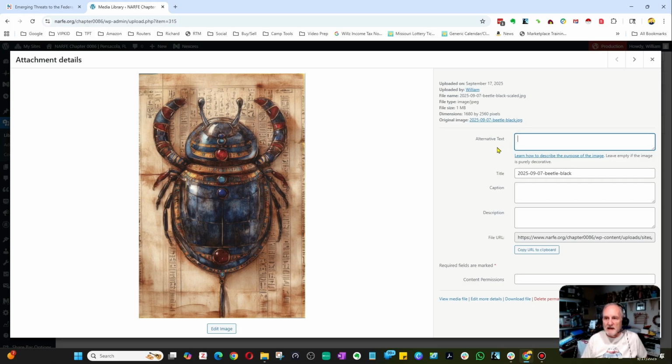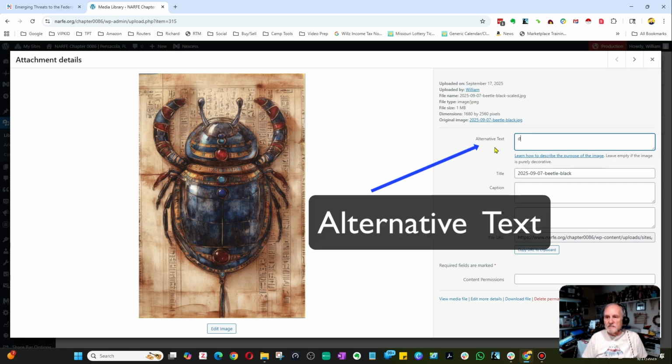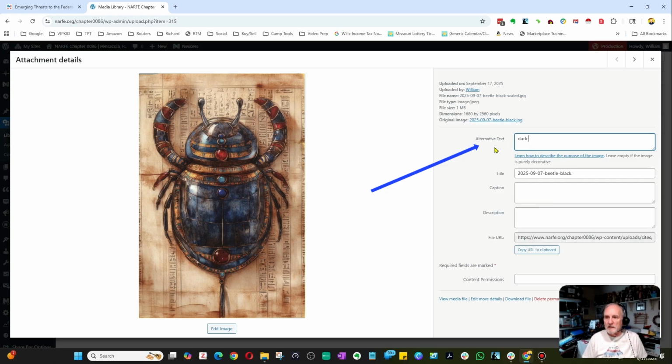But here I'm going to say alternate text, dark colored beetle hanging on a wall. Below that,